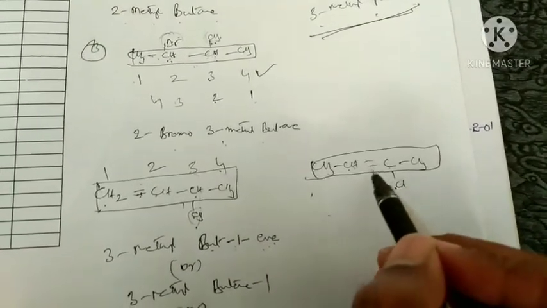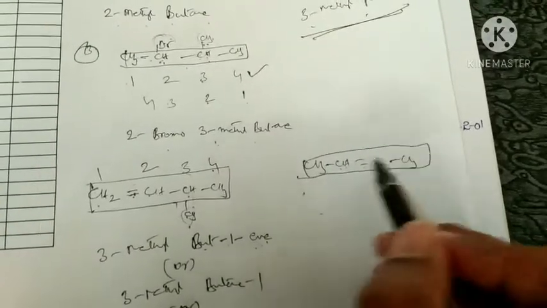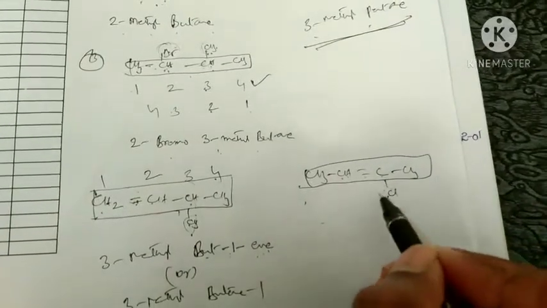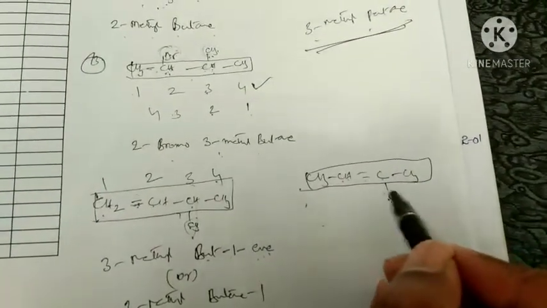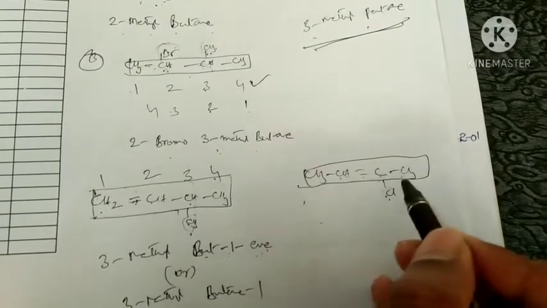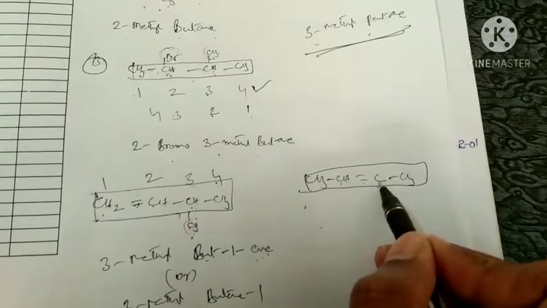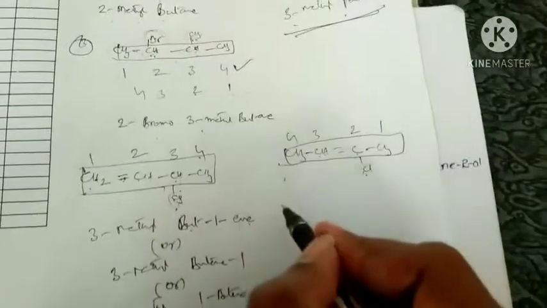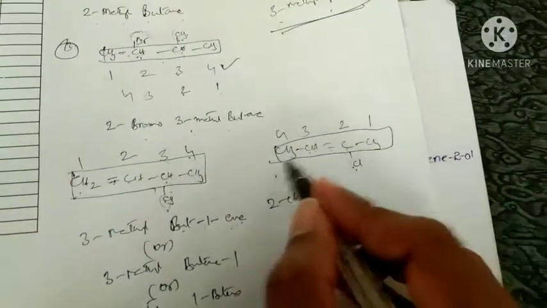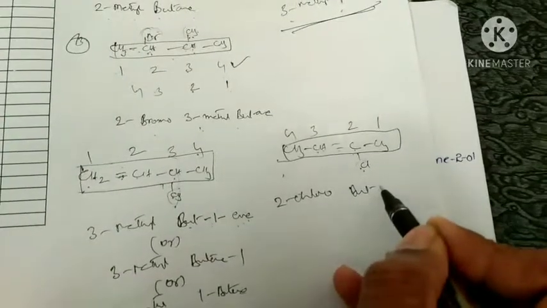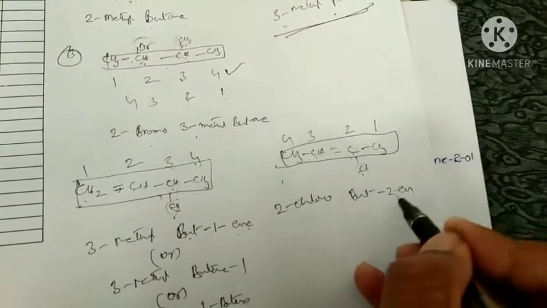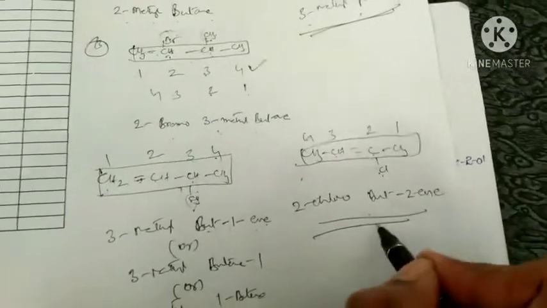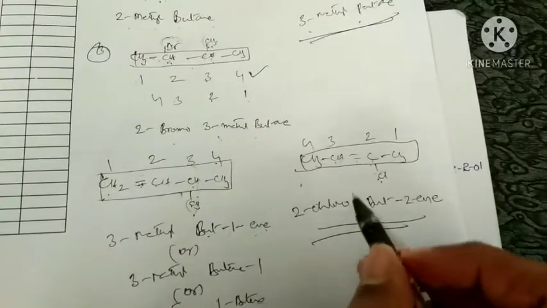So what? Here we have to give preference for double bond. If you give numbering from either left to right or right to left, this double bond carbon gets the same number. After giving priority to that, we have to give priority for substituent. If you give numbering from left to right, this chlorine carbon gets the third. But if you give number from right to left, this chlorine carbon gets the second. So we have to give number from right to left, 1 2 3 4. What is the name? 2 chloro. What is the root word? But. What is primary suffix? En, that is present on second carbon. 2 en, that's it. 2 chloro but 2 ene, this is the name of this compound.